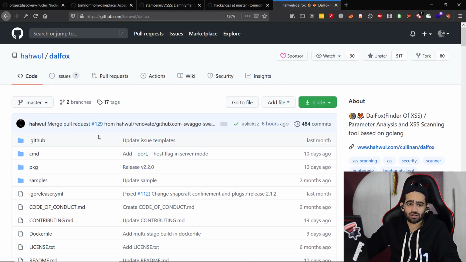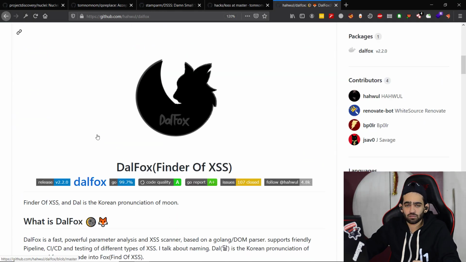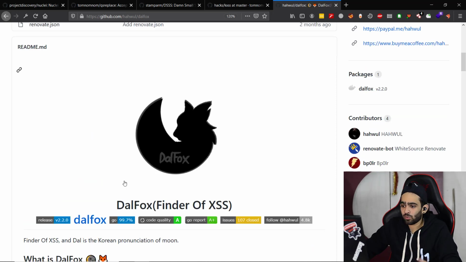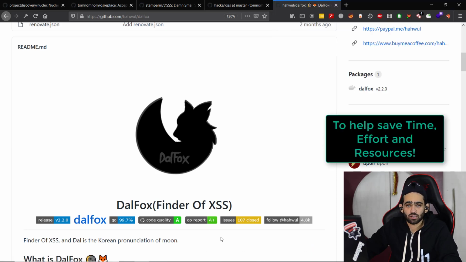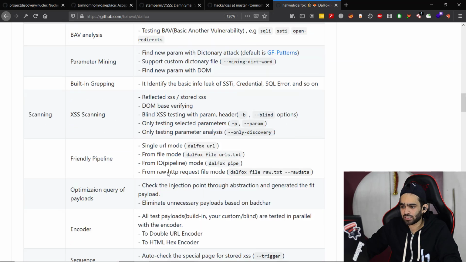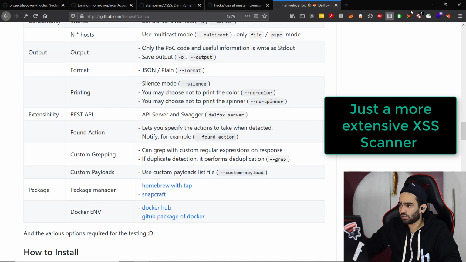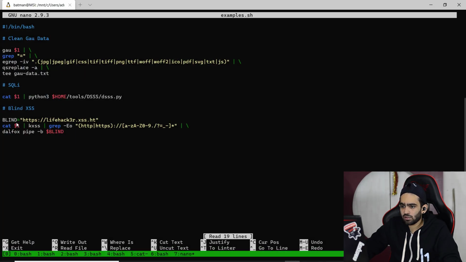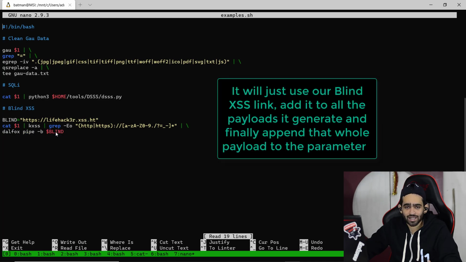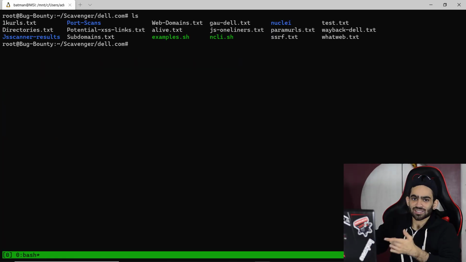Dalfox is another scanner for XSS, and here once we have confirmed URLs using kxss, we'll perform Dalfox only on those URLs. So wherever there is an actual possibility of XSS or any special characters are being reflected, only those URLs will be passed to Dalfox for further scanning. And Dalfox is another vast and great tool. You can read all about it. I'll post its GitHub link in the description below. But for our usage, what Dalfox is doing is, our blind XSS payload is appended to each and every request on all those parameters which we are trying to attack. Now let's just try to run it here.